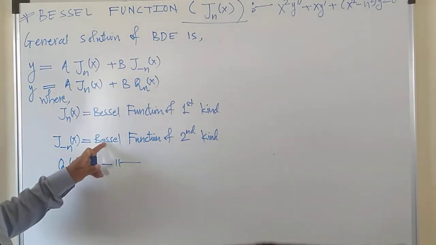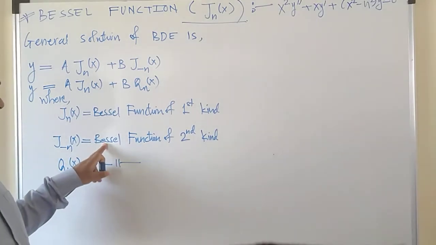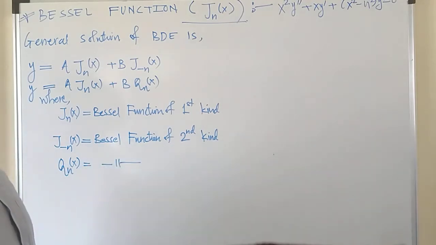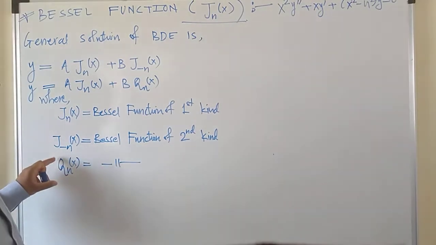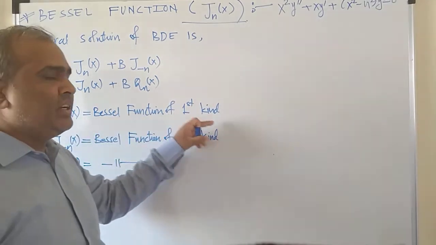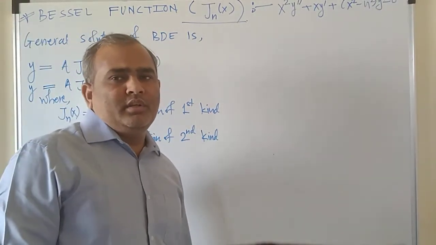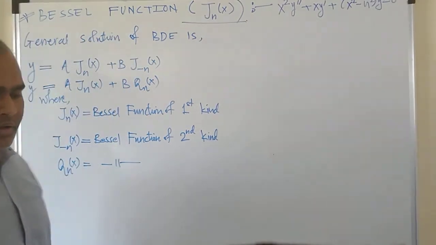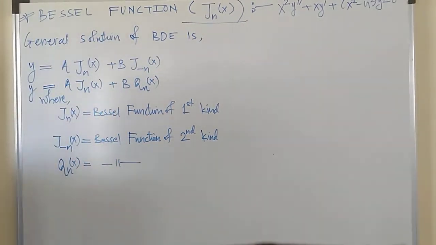but this is not the point of interest now. Bessel function of second kind we are not going to study, so let us write the relation only for Jn of x, because Bessel function of first kind is the point of interest for us today, right? So the relation for Jn of x is written as